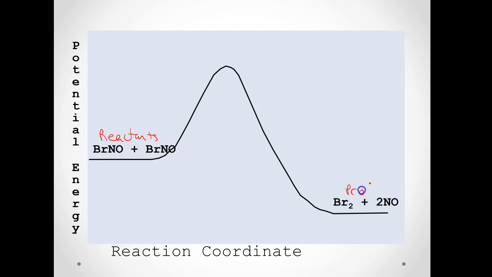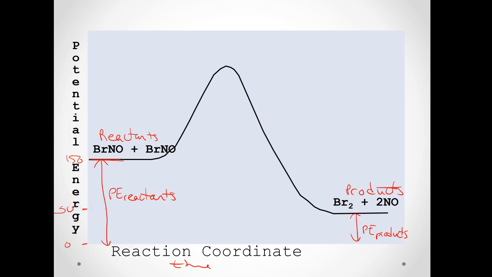And these are my products. And this is literally a graph. This could be 0, and this could be considered to be time. And so if I was to measure the potential energy of my reactants, they would be from 0 to wherever the reactants live, maybe 150, whatever it is, okay? If I was to measure the potential energy of my products, they are at a lower potential energy. Maybe they're only at, say, 50,